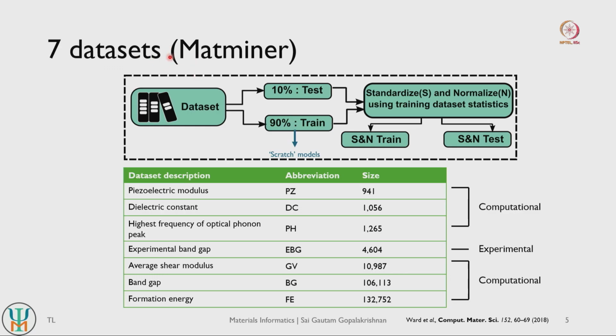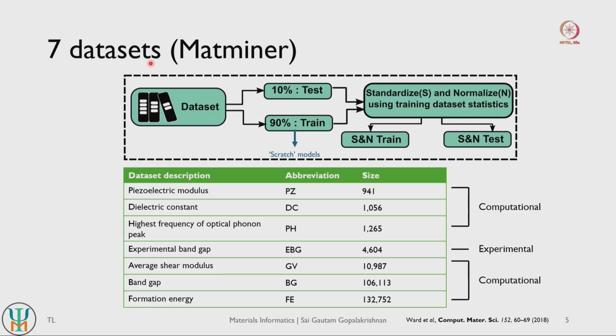So in our work we looked at data sets from the MatMiner database, or MatMiner repository. This repository has a lot of cleaned data sets that are available. By cleaned I mean they are mostly collected from literature, some of them are through high throughput computational works, and there are also data sets that are experimental in nature. So this repository has a lot of these properties tabulated in a fairly easy to use fashion, and more importantly they have structures associated with those properties, which helps us train models that try to understand structure property correlations.